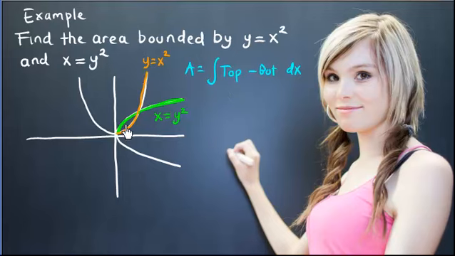Okay, so the orange one is already written as a function of x, y as a function of x. Now we need to do the same for the green one. So we need to solve the green one for y. So the top part of the green one, if we solve for y, we have y equals square root of x. Okay? So it means now the area